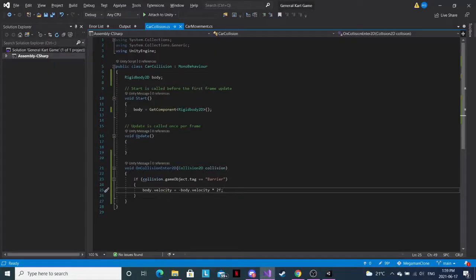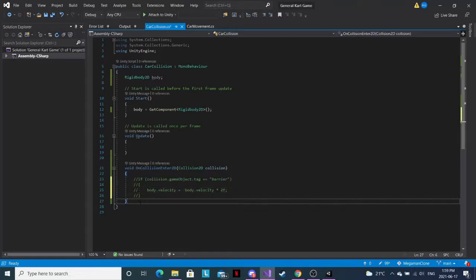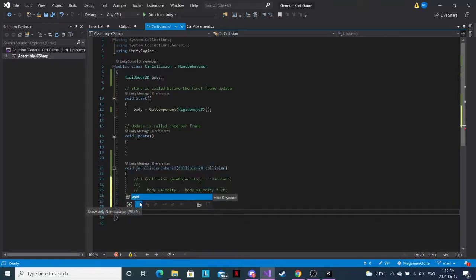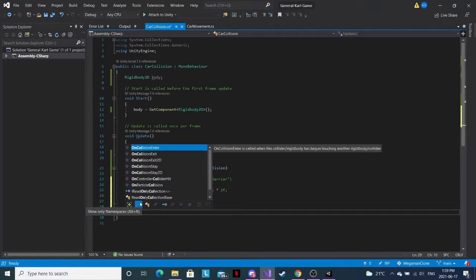So that is how you use these functions as well. And there's also a few other functions that we can use. So let's get rid of the bounce. Let's just comment it out for now. And let's add a new function. Type in OnCollision again. And then there's an OnCollisionExit2D and